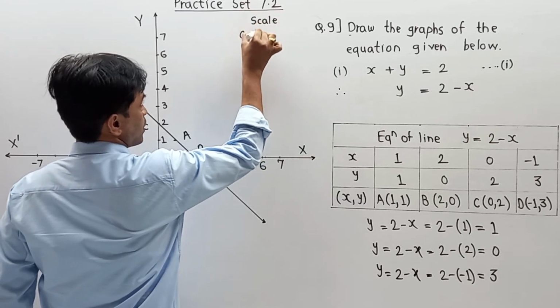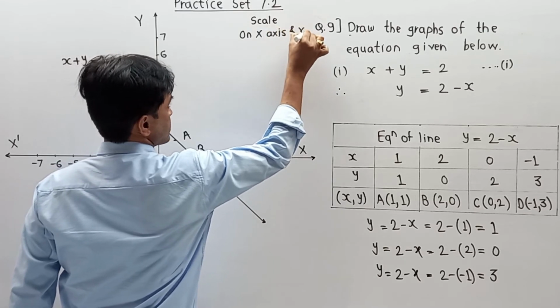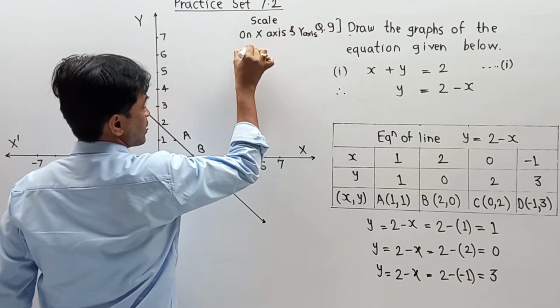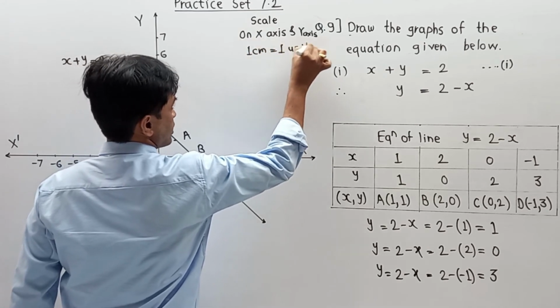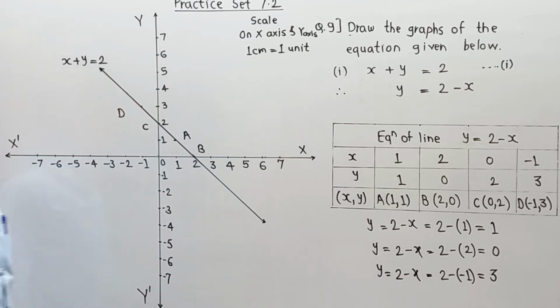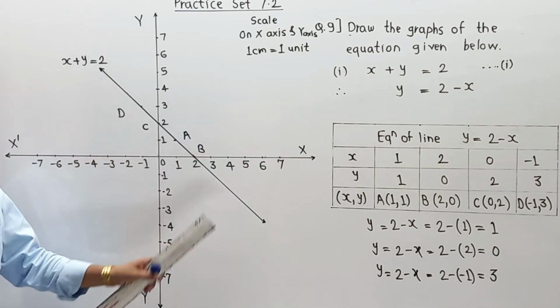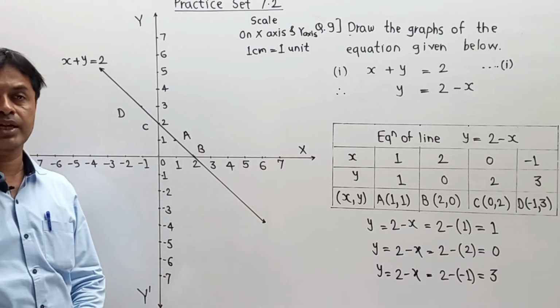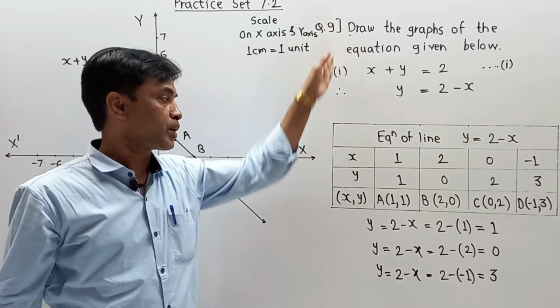Also, as we have guided, you are supposed to write the scale on the x-axis and y-axis: 1 centimeter is equal to 1 unit. In this way, your total structure will be there, and you are going to draw a line on a graph. Remember, in your graph book, generally your right hand side pages contain lining. So you are going to write all this part